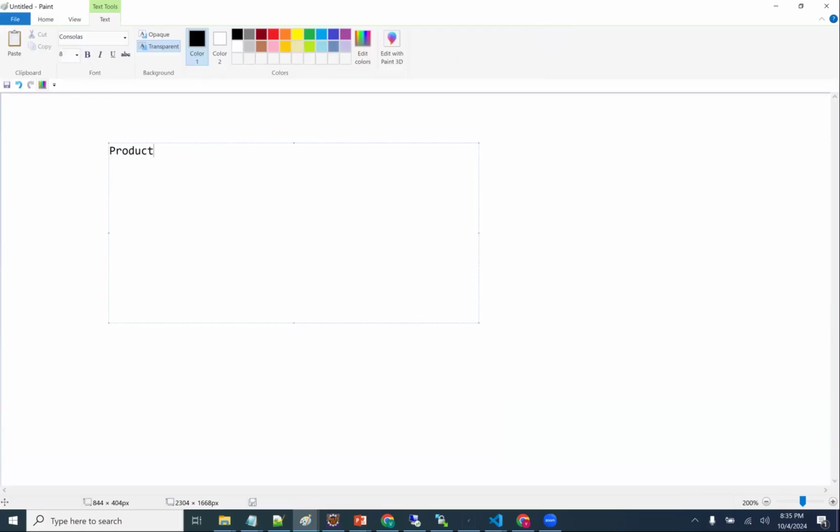Products list, that's one component. View product is another component. Edit product is another component. Products list is getting the products from where? Product service.